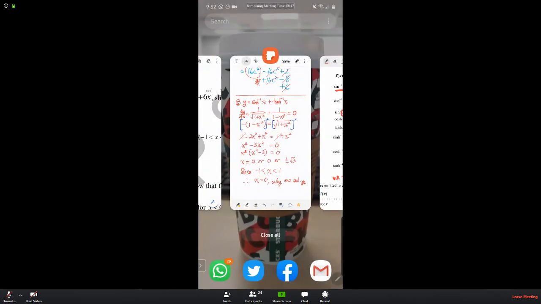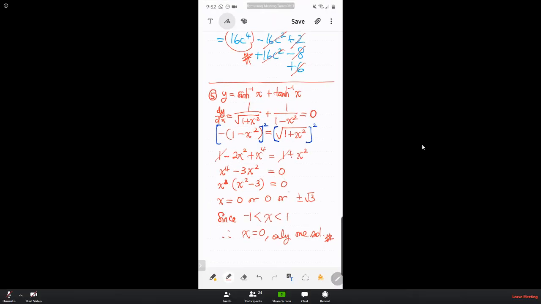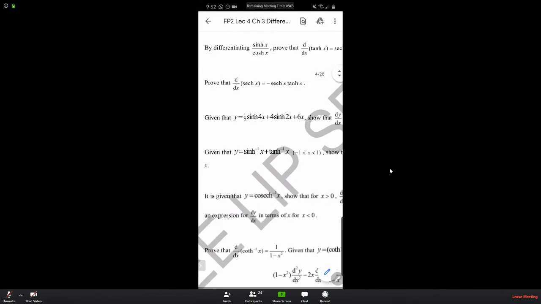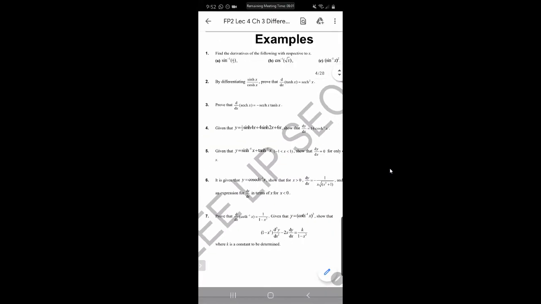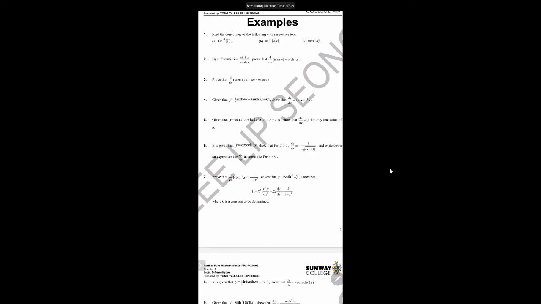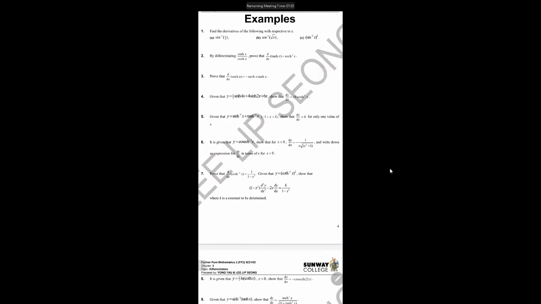Okay? So for the next one, I think is no, we have about 8 minutes left. Let's see if we can proceed with this one. Okay, I think this one is quite long, but because the answer is given, all right? Question number 6. It is given that y is equal to cosec inverse x. Show that for x greater than 0, dy/dx is equal to negative 1 over x square root of x squared plus 1. And write down an expression for dy/dx in terms of x for x less than 0. So for question number 6, you do it as homework, all right? You do it as homework, and I will discuss with you